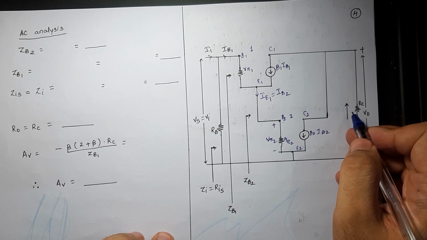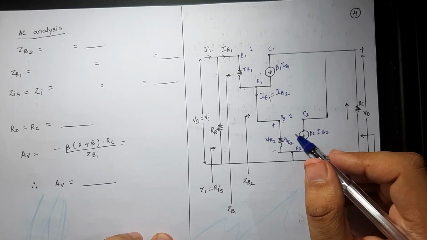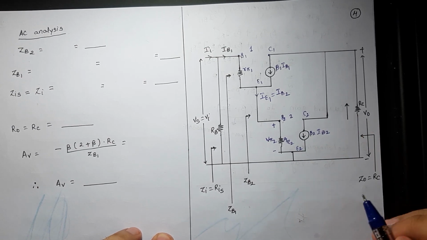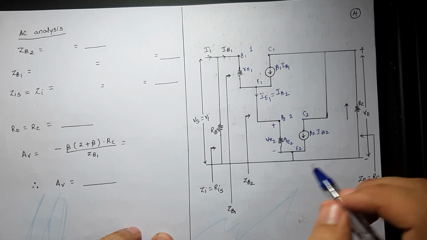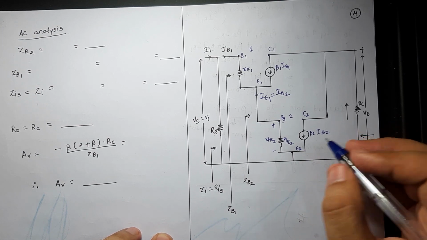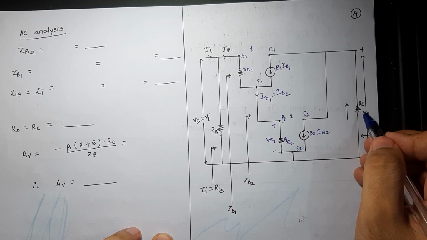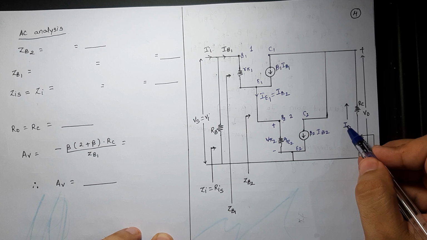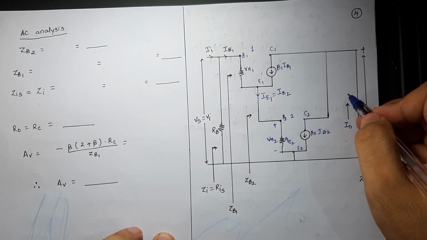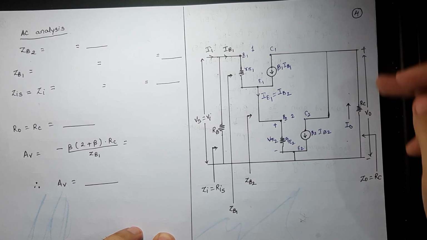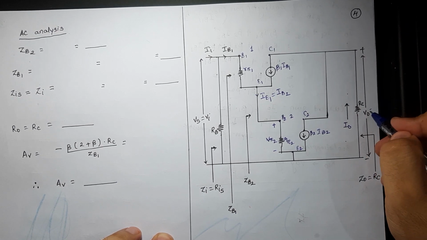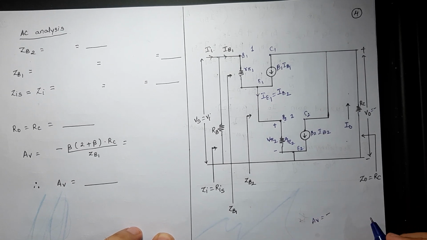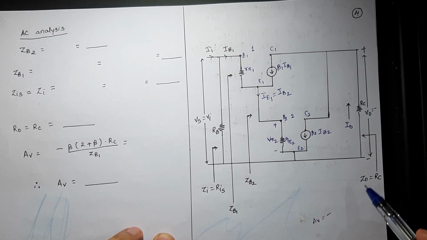Is there a load resistance connected to the circuit diagram? Please do check the original diagram. Please go back and check the circuit diagram. Do we have RL in the picture? Do we? No. If there is no RL or load resistance in the circuit, the output current flows through RC. The output current is given as IO. Output current goes from bottom to top, and we calculate voltage from top to bottom. Hence VO will always have a negative sign, and the final gain AV will be negative in nature. Now let's see if we have missed out anything.